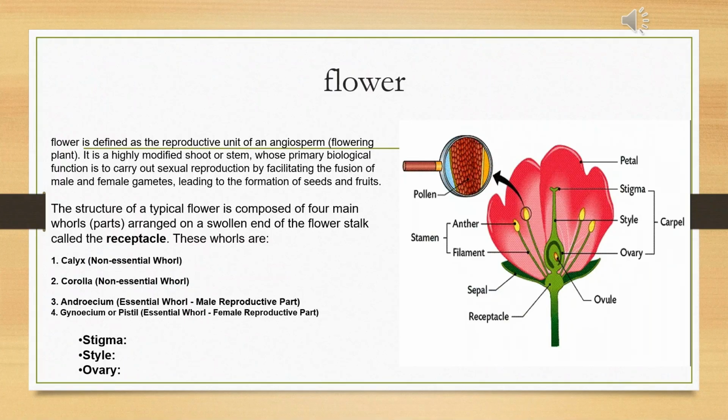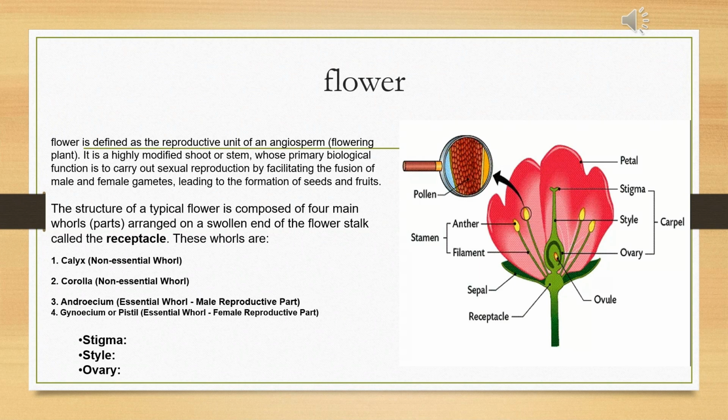Now, the structure of a typical flower is composed of four main whorls. Whorl means parts arranged on a swollen end of a flower stalk called the receptacle. So what is meant by receptacle? The end of the flower stalk, which is swollen. These whorls are